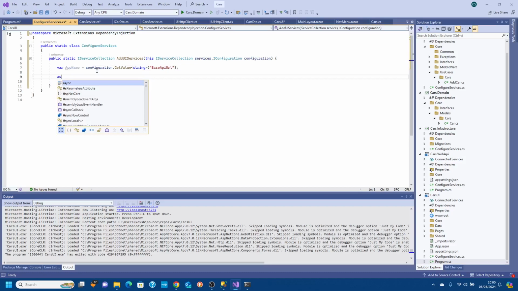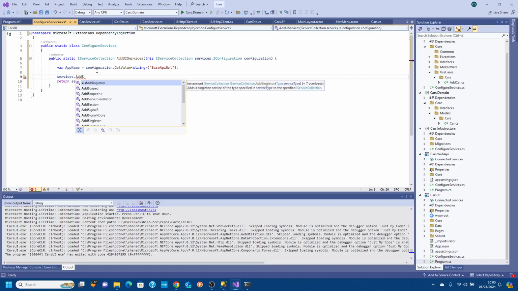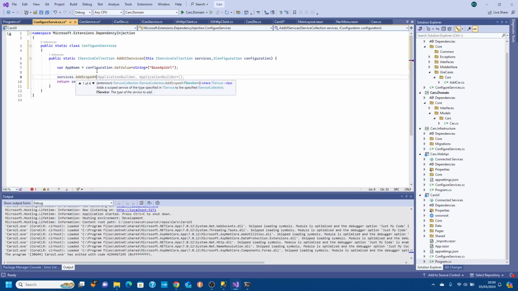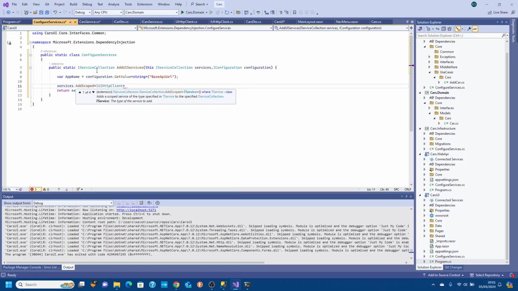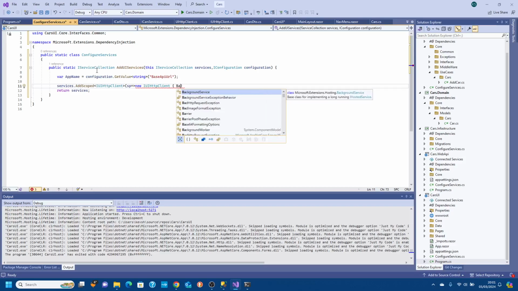And then we need to say services dot add scoped of type IUI HTTP client, and then we're going to say SP equals new UI HTTP client, and we're going to set, we're not going to do that, work that in a minute, and we're going to say put that, so say base